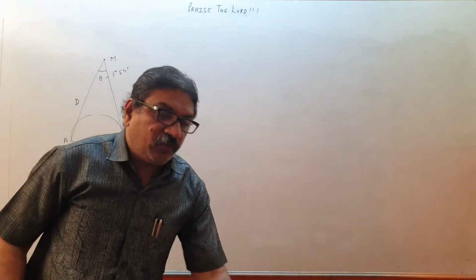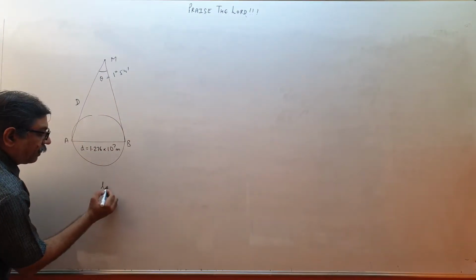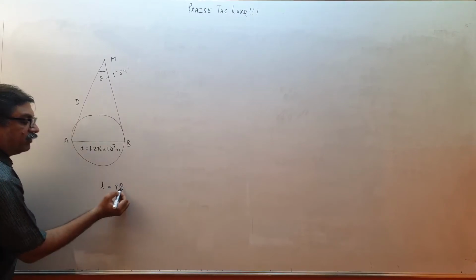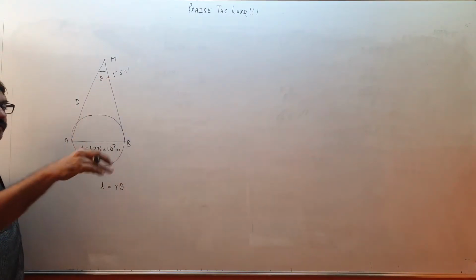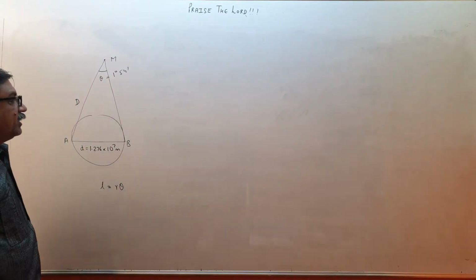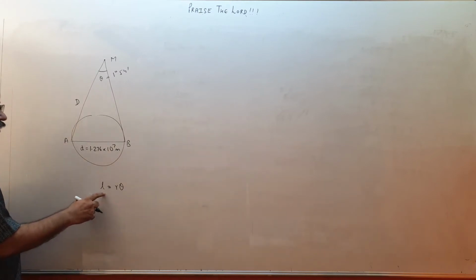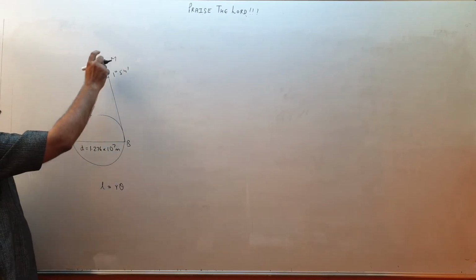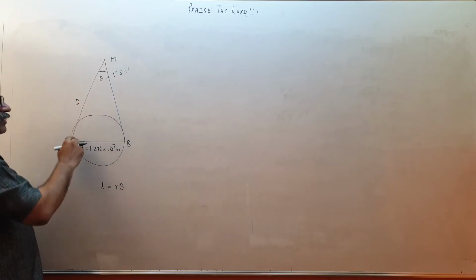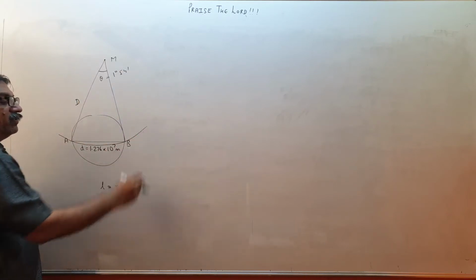So children, you know the formula, L is equal to R theta. In this, theta is in radians, but here theta is in degrees. So first you have to convert into radians. So L, the length of arc, will be this much. We'll keep this as the center, taking this as radius. We have drawn an arc, we will think like this.